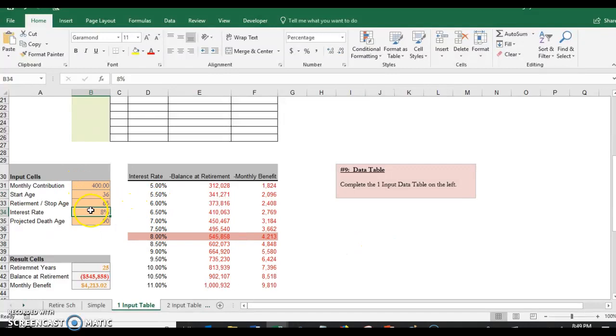So whatever number, if I change that to 11, then it's going to highlight that row. So there's all kinds of ways we can use that conditional formatting. It's a very handy tool. All right, so in the next video, we'll demonstrate how to do the two